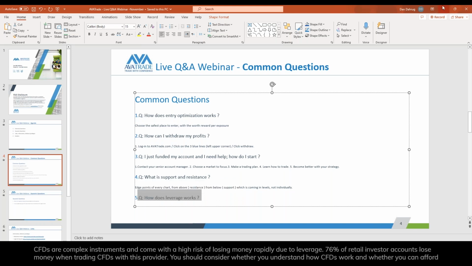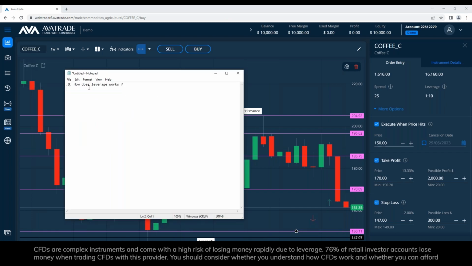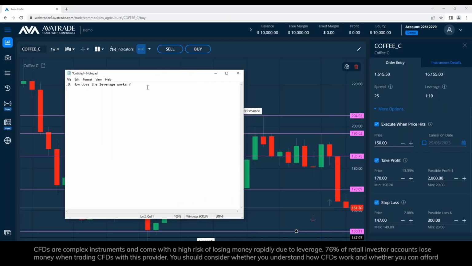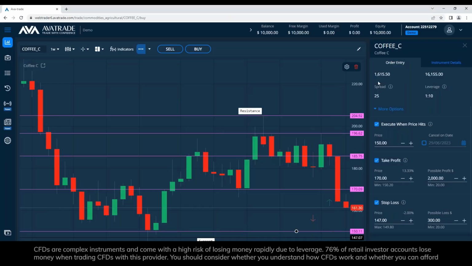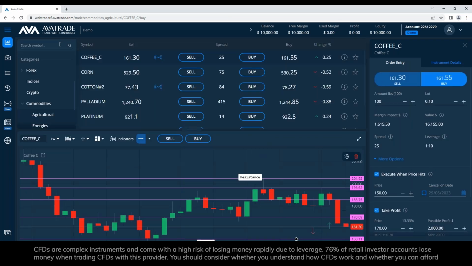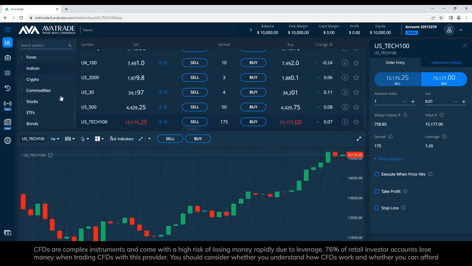How does leverage work? So leverage, right? How does the leverage work? Let's make a little more sense. So we are using the same example here. Maybe we'll use something else. Let's take NASDAQ. I get a lot of questions about NASDAQ and gold. You mentioned that we could rewatch on YouTube. Absolutely,